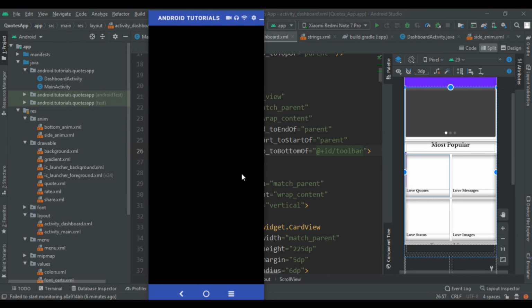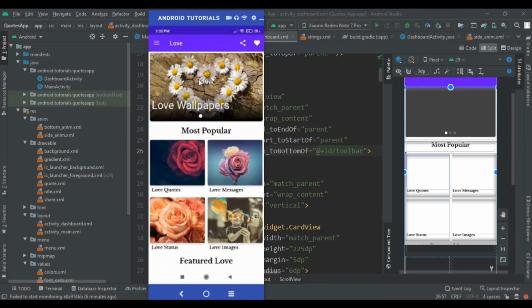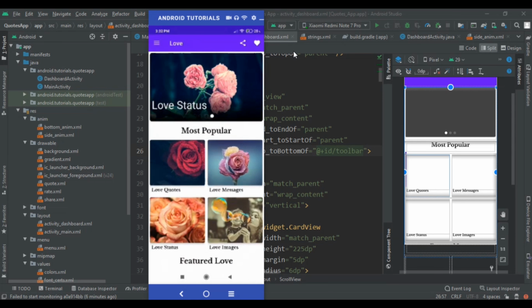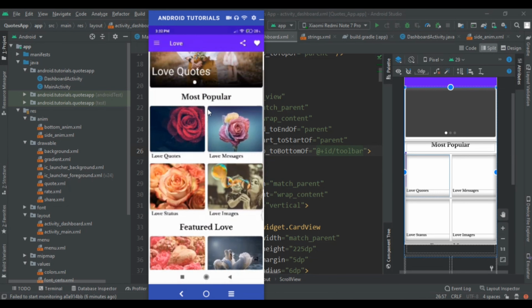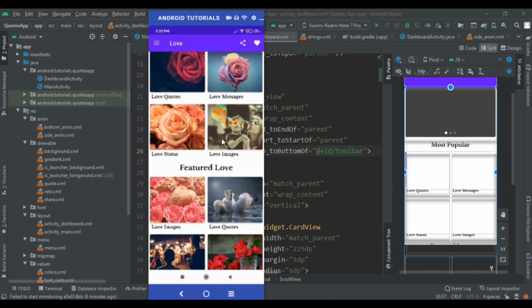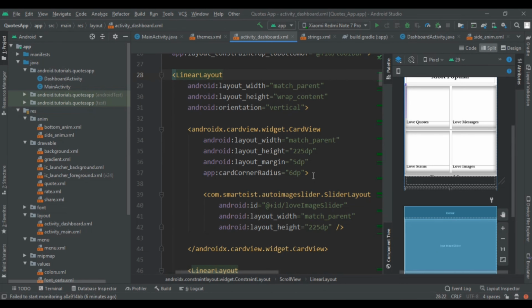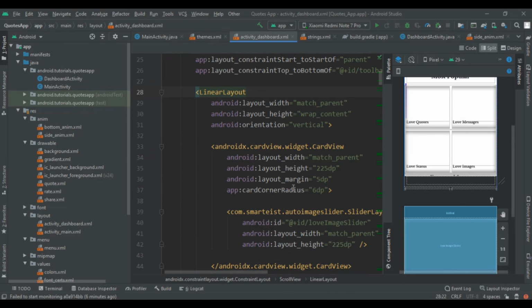And then we need all things in the circular form. As you can see, our whole activity is in the circular form, from here to here, from all sides. In our card details also you can see that all are in the circular form. So we always use card view to make the circular. So first implementing our card view.